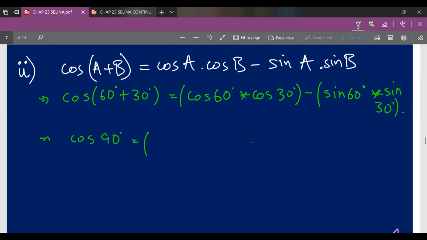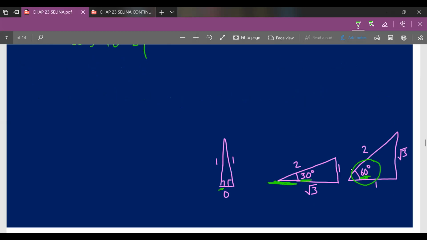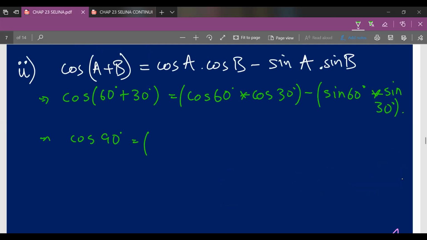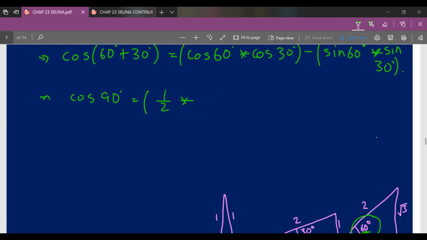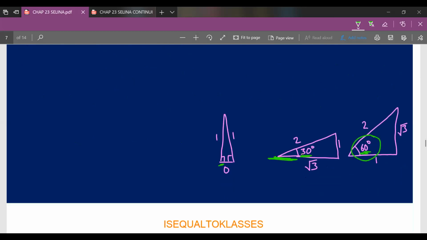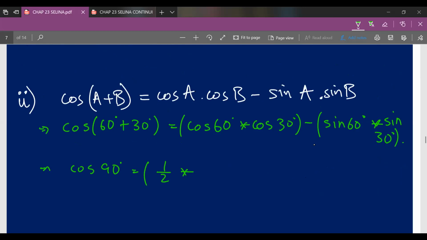Now over here cos 60 degree. What cos 60 degree basically means is that there'll be a magic triangle for 60 degree, so we'll refer to that magic triangle. Over here it is given the magic triangle for 60 degree. With respect to angle 60 degree, tell us cos 60 degree, that will be 1 upon 2, base upon hypotenuse. So cos 60 degree will be base upon hypotenuse, that will be 1 upon 2 into cos 30 degree. Now for 30 degree also there's a magic triangle, and this is the magic triangle for 30 degree, and therefore with respect to 30 degree angle, tell us base upon hypotenuse, that will be root 3 upon 2 for cos 30 degree. So I'll write that down,